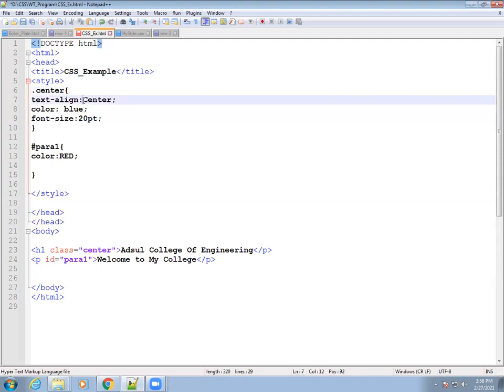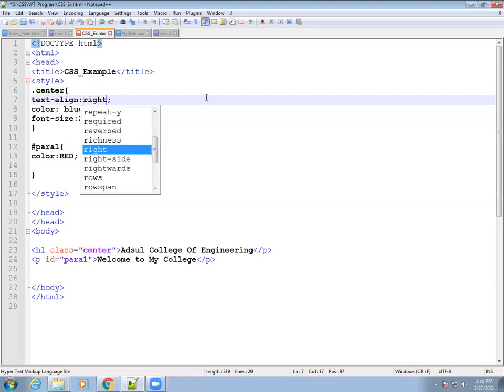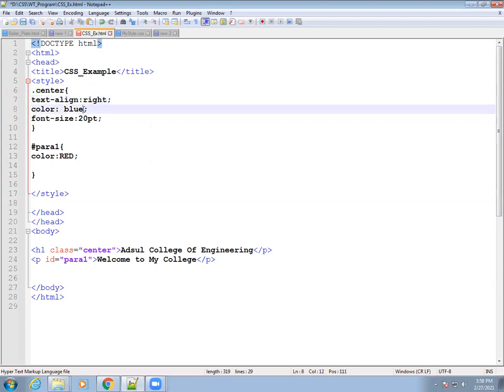Actually we already gave center, so I will change it to right. Let's see what happens. I will change the text alignment, and I will also change the color from blue to red, and the font size is 20 pixels. I will keep the remaining part as it is because we don't change the paragraph ID; we will change that paragraph ID in the next example.